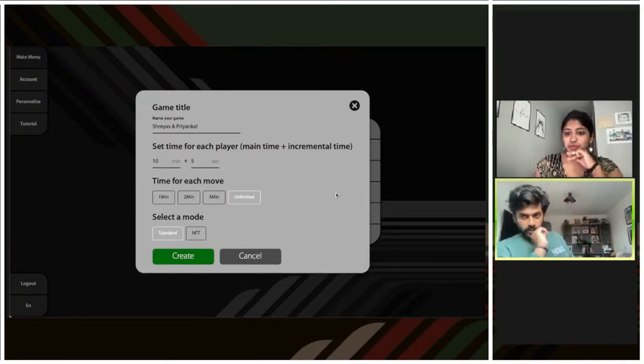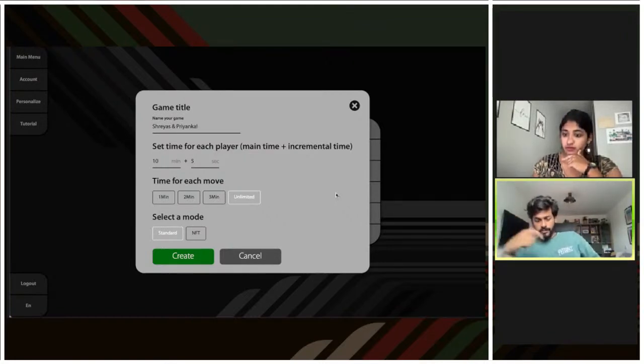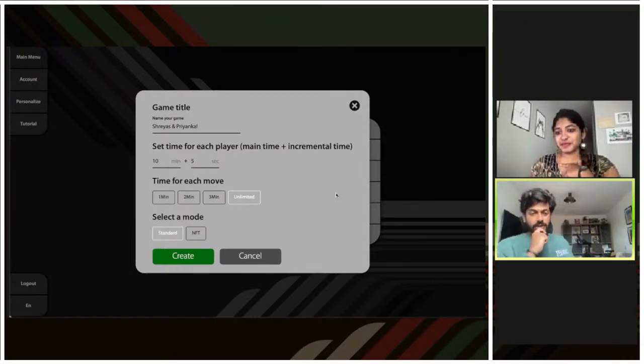Generally, a couple minutes is what I prefer. I think there is value in unlimited because when you're playing very long games, like 20 minutes a person, and you're really shooting for depth in complex middle game positions, there are times when it's well worth it to spend the time to think further. But it really depends on the style of player, right? And what you're going for in that game.